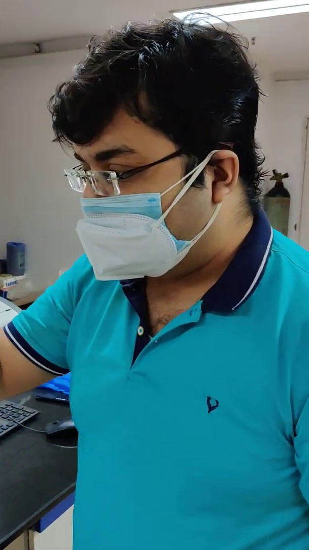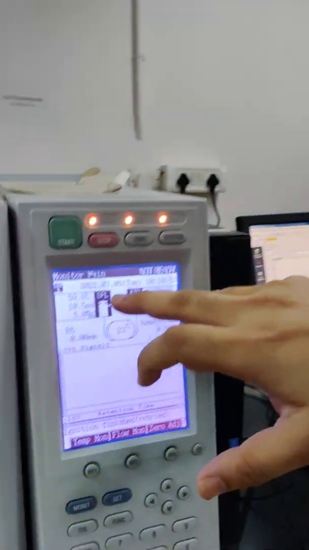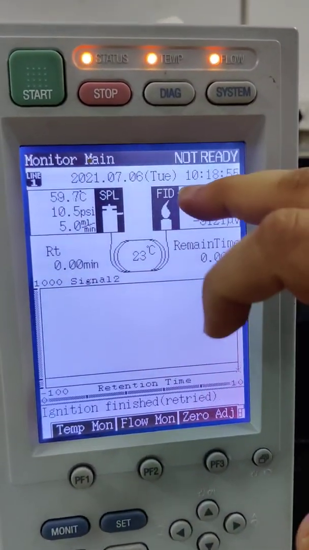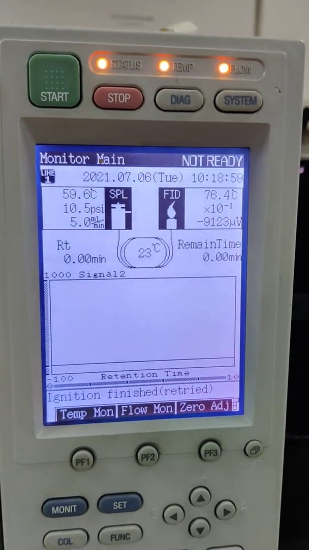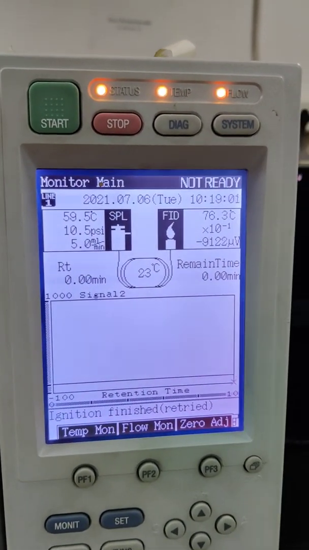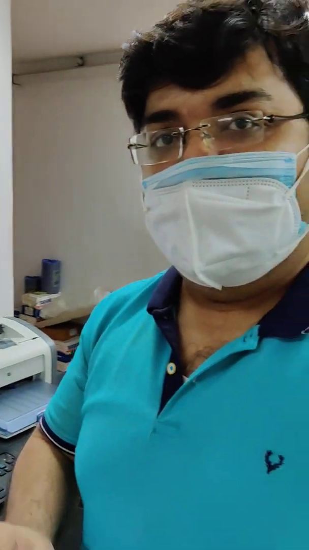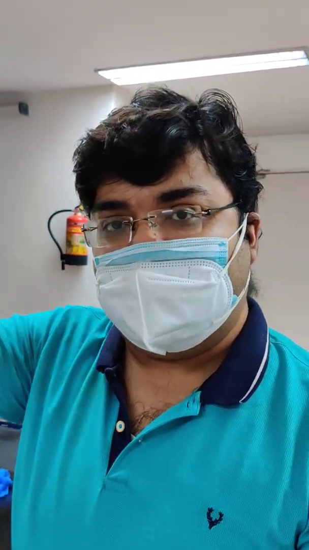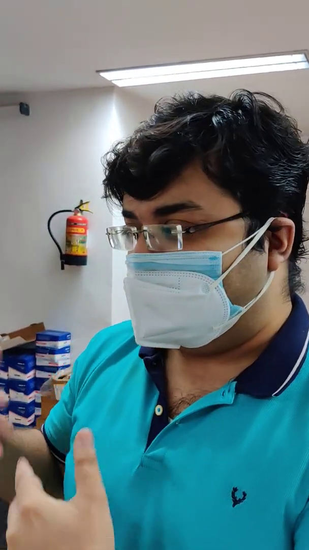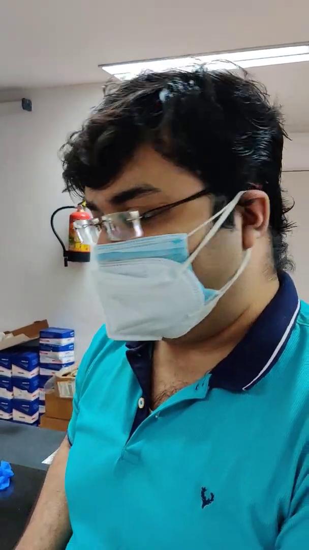And here is a schematic of the software. So here we have the injector, the column and the detector. In this case, FID detector. FID detector is used to detect solvents. What happens in case of FID is that the solvent vapors are ionized by the flame. And once they are ionized, these ions are detected by an electronic sensor, and it generates the chromatogram. That's how we know the identity of the sample.